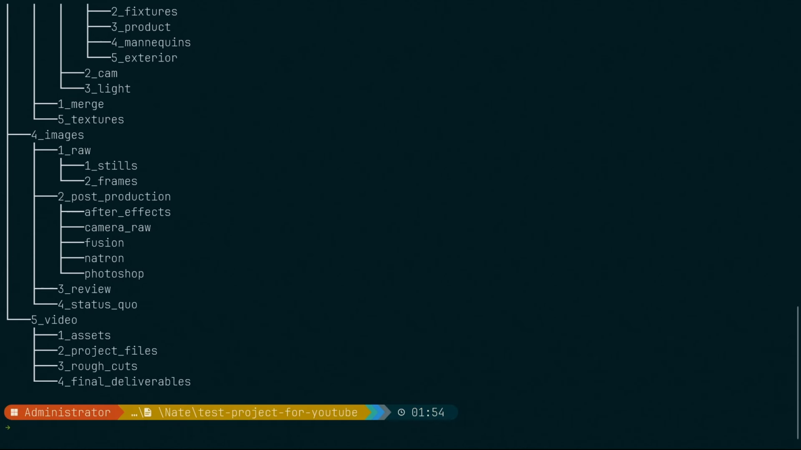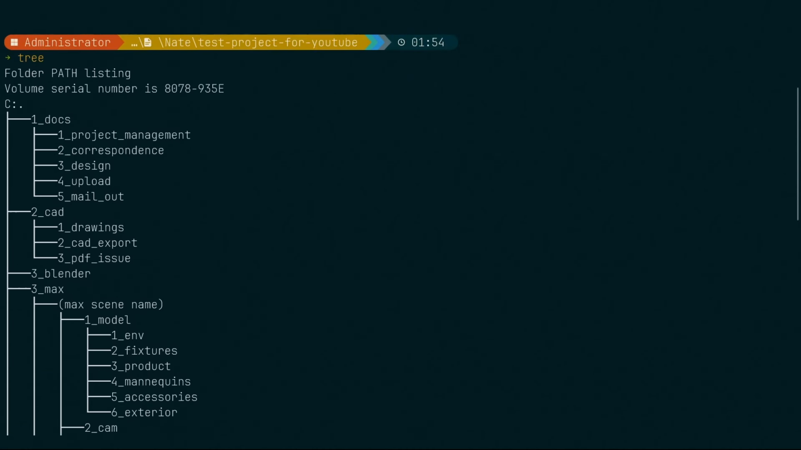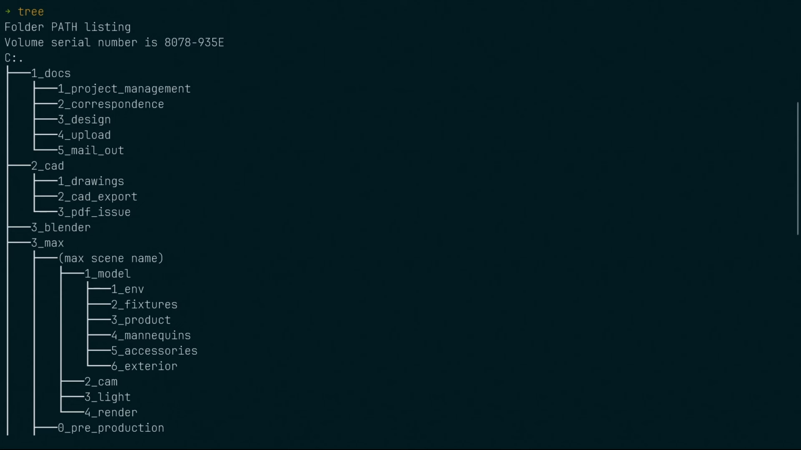Images, where all my renderings go. And then post-production, as you can see, I have a lot of different folders in there. And then video, for video editing if I need to do that, or any kind of audio. Sometimes I'll also add extra folders too, like if I'm dealing with audio, or even way up here in the docs folder, I'll sometimes add a